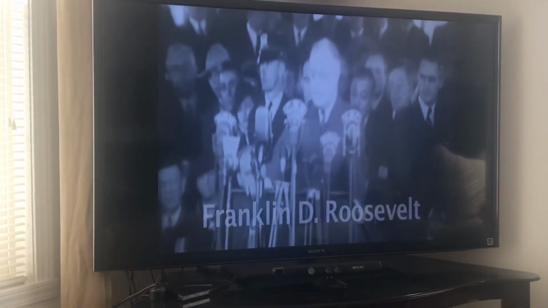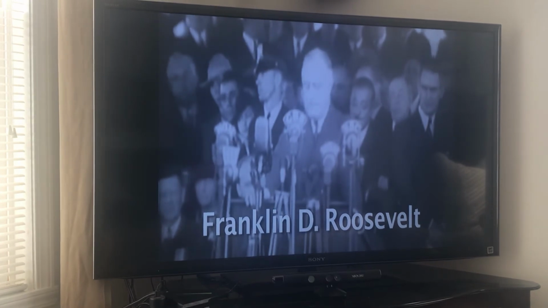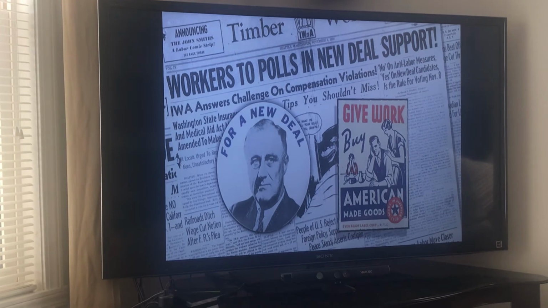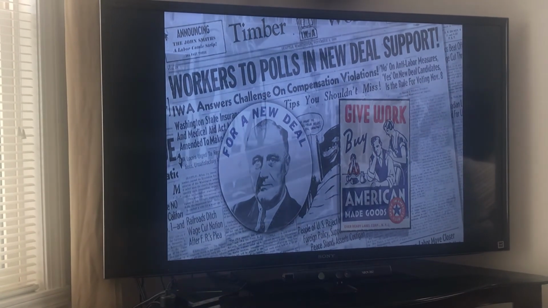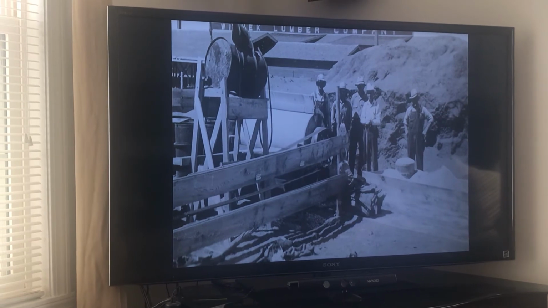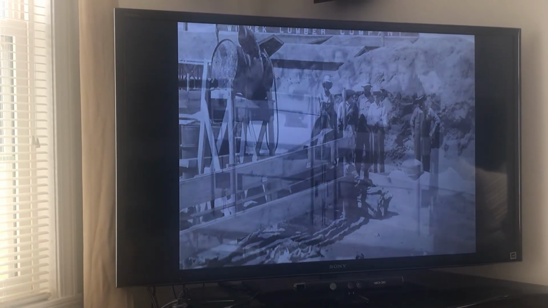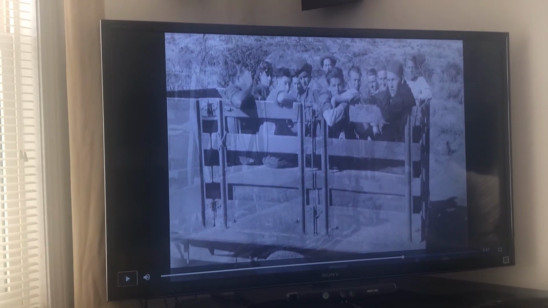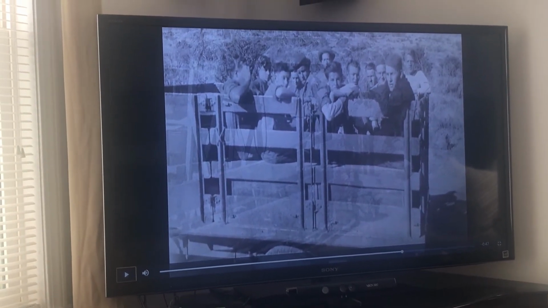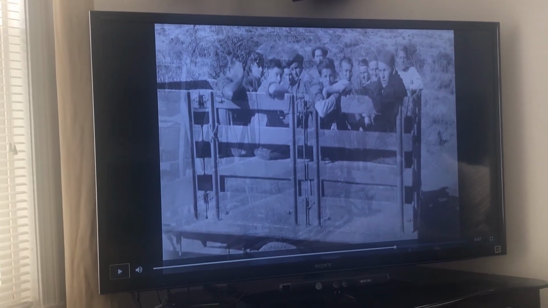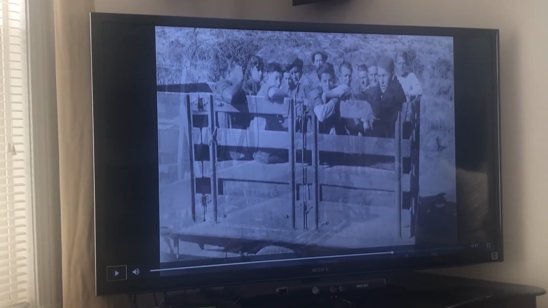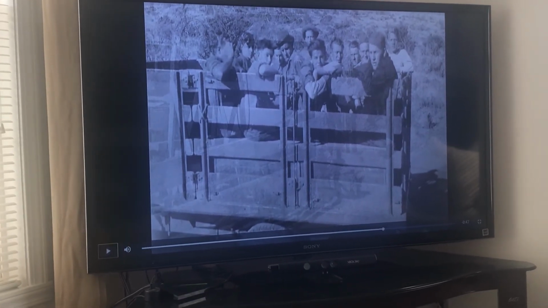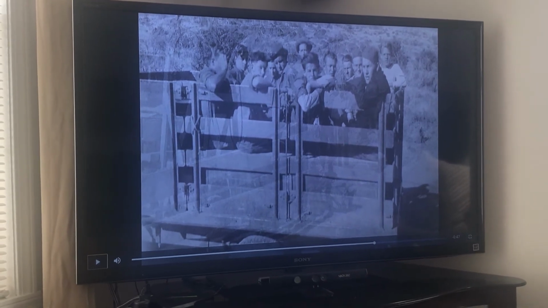In 1932, Franklin D. Roosevelt was elected president. Roosevelt began to establish programs known as the New Deal. The New Deal programs were designed to provide jobs and jumpstart the economy. Okay, although we're jumpstarting the economy, do you have enough evidence from multiple sources to claim that, okay, I would invest in the stock market?